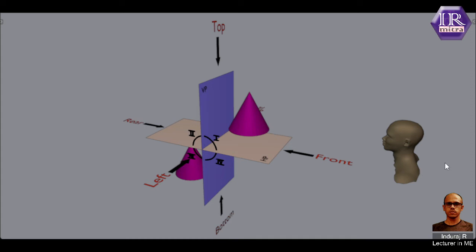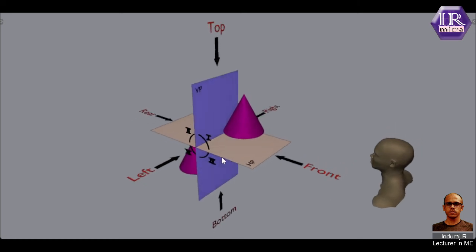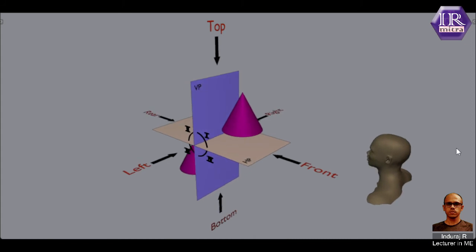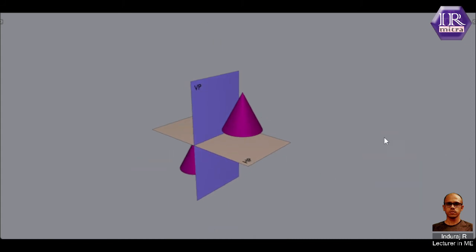Now there is a basic question: even though we are getting different views on different mutually perpendicular orthographic planes, like top view, side view, front view, etc., to convert that into a 2D plane, that is a two-dimensional drawing sheet, we need some further assistance. To explain that, I am here just showing an animation so that you can get a better understanding of